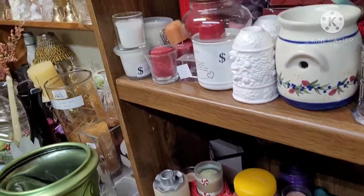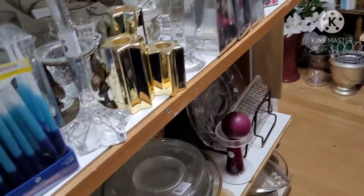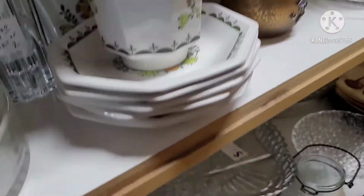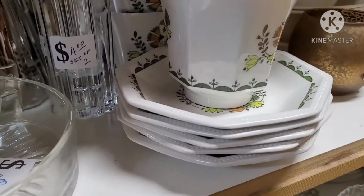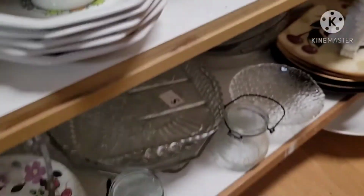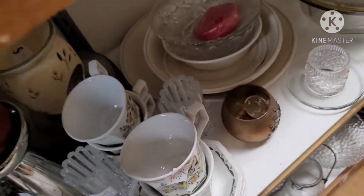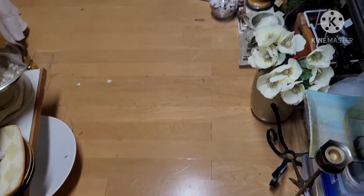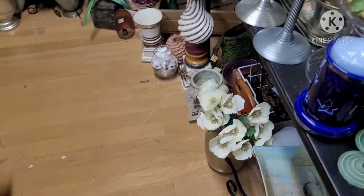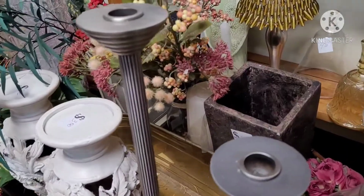So this is hysterical. This is the first time I'm using my brand new phone to do this thrift with me. I am going to make you guys seasick. Feel free to cut me up in the comments because you guys are in for a rough ride. I am swinging that camera all around, and as you can see here in this thrift shop, it is just